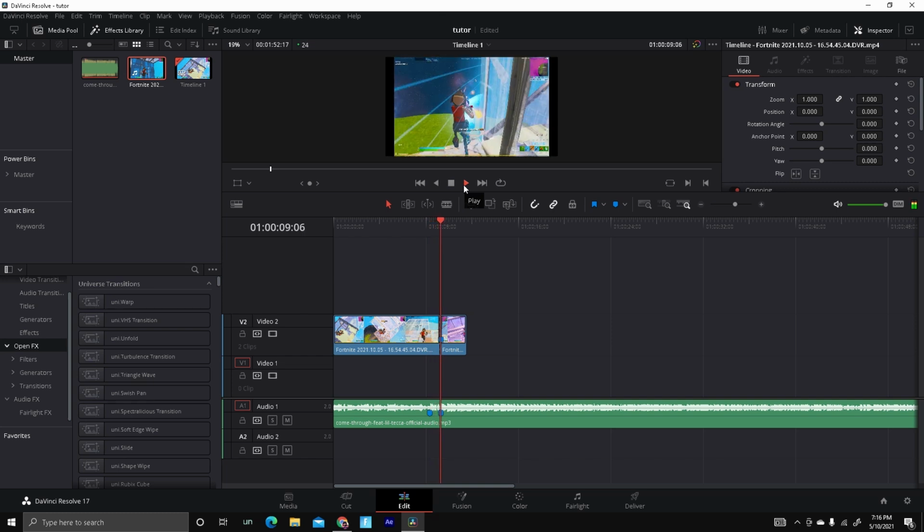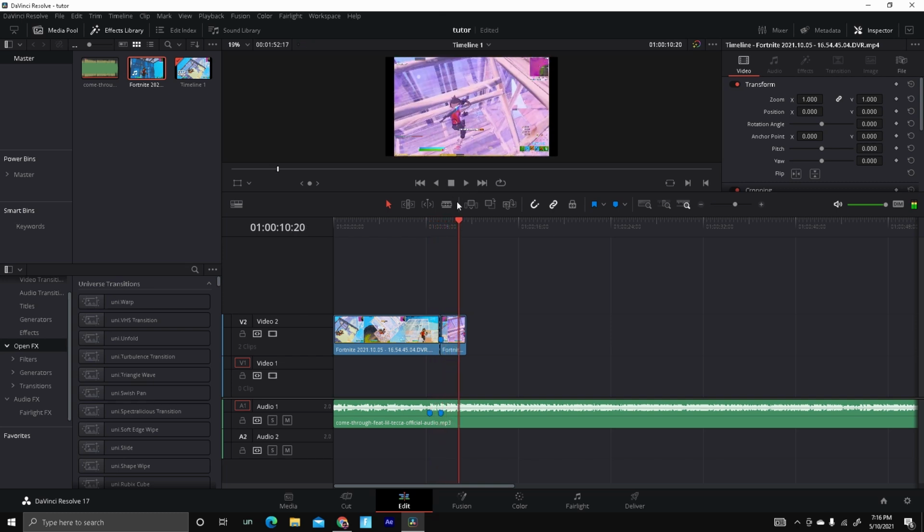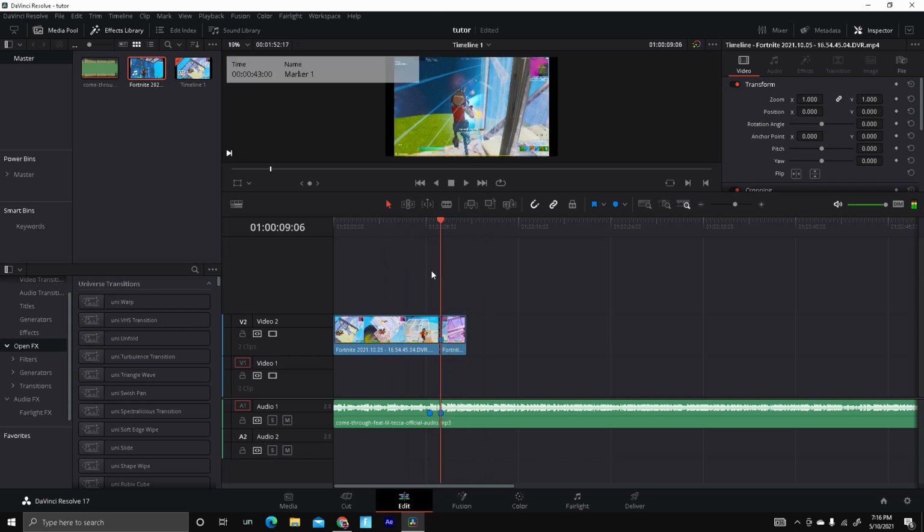Okay, so that's basically it, nothing much. So you want to cut the clip on